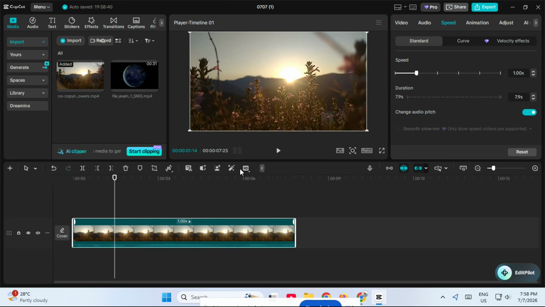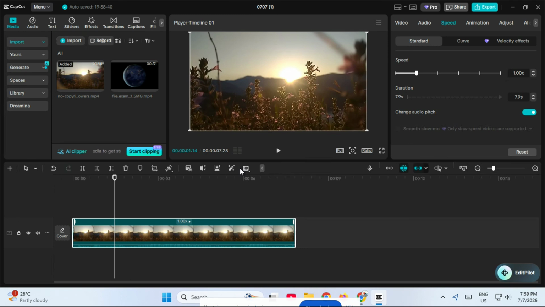From here, you can fine-tune your audio depending on the effect you want. If you want a deeper voice, lower the pitch setting. If you want a higher or more cartoon-like voice, raise the pitch. Take a moment to preview the clip so you can hear how it sounds before finalizing anything. This is really useful if you're making content for YouTube shorts, tutorials, gaming videos, funny edits, or any project where voice style matters. A small pitch change can make your audio feel more dynamic, more creative, or just better matched